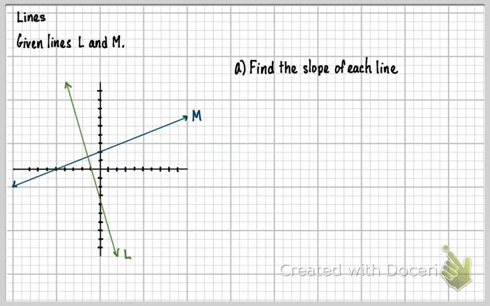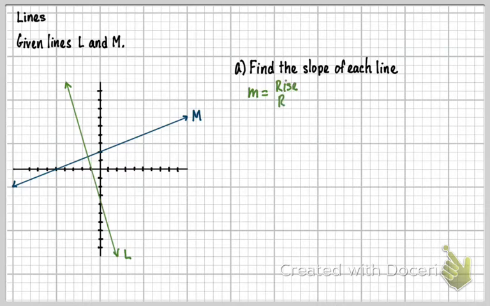Lines. Given lines L and M, so we see the green and the blue line. Part A says find the slope of each line. So to find the slope, we should think of the slope. We usually use the letter M for it. So M is called